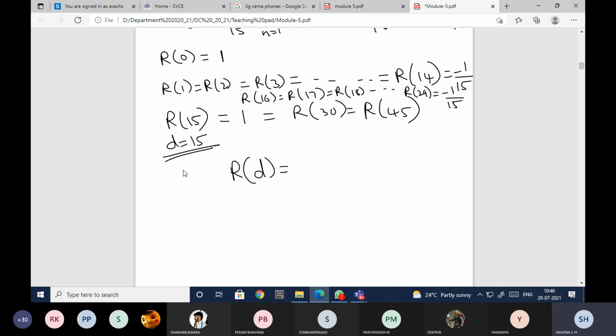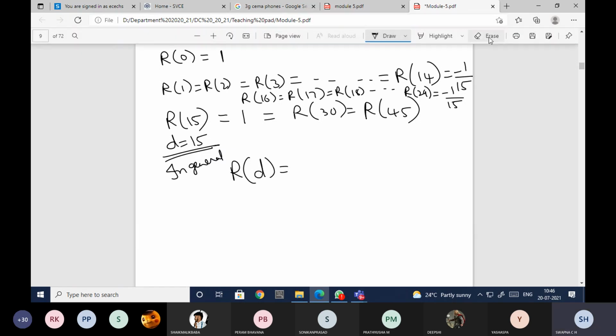So in general we can write R of D is equal to 1 for D equal to 0, plus or minus n, plus or minus 2n, because 0 plus or minus n means 15, plus or minus 2n is 30, plus or minus 4n, and so on.